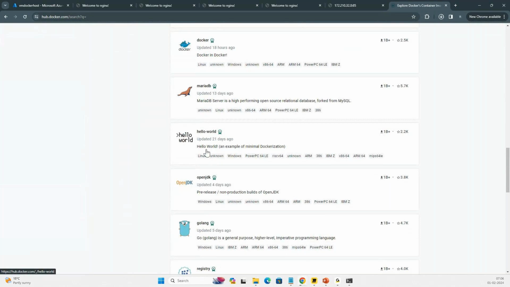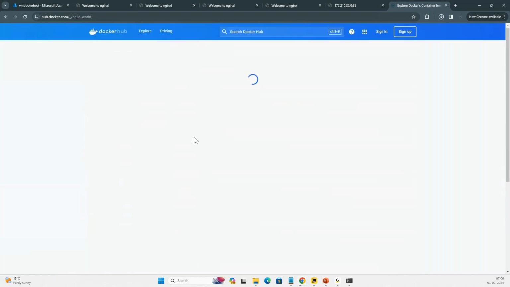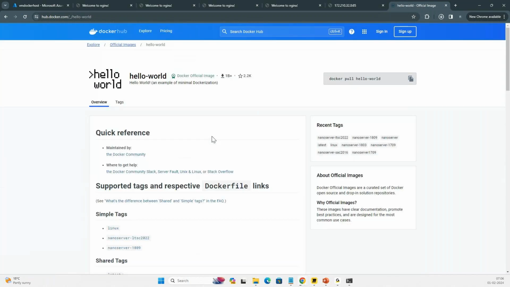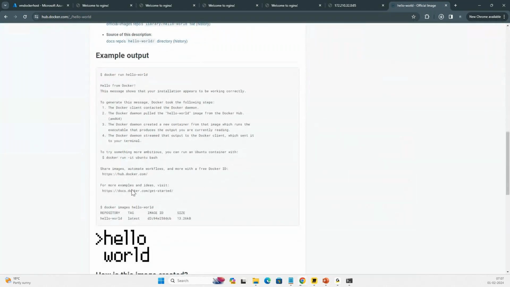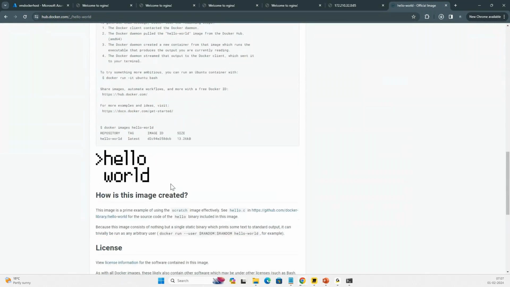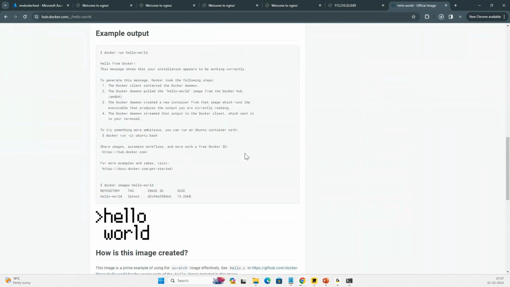If I click on Hello World, what is this? It gives me some response, and it is used for something. How can I use it? I can use this just like a Hello World: docker pull hello-world, and I can use it. It gives me all this information about how you can run this and how you can access this application. We are going to see how we can connect with this Docker Hub,